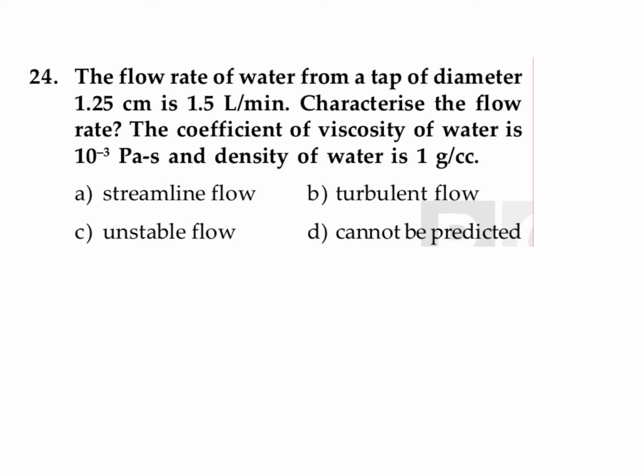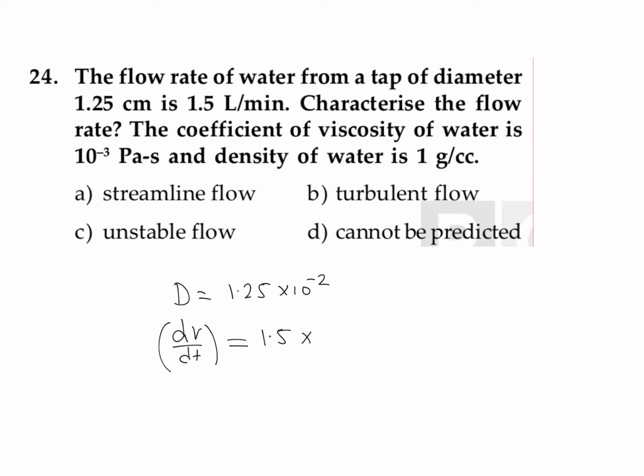In this question, it is given that the flow rate of water from the tap of diameter 1.25 centimeter. So we can take it as diameter is 1.25 into 10 raised to minus 2 meter, and the flow rate is 1.5 liter per minute. So we can write the value of its volume flow rate, or the value of dV divided by dt, which is equal to 1.5 into 1 liter per